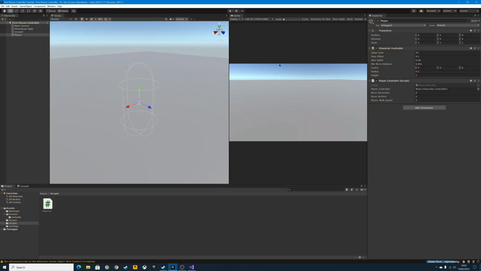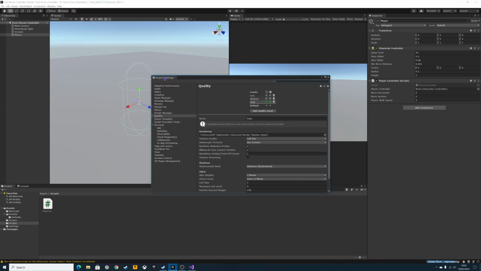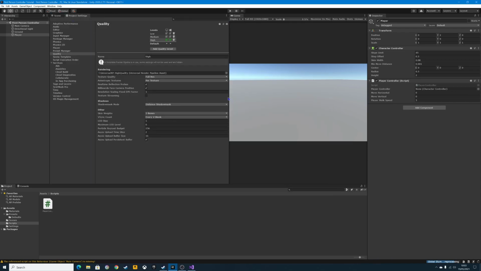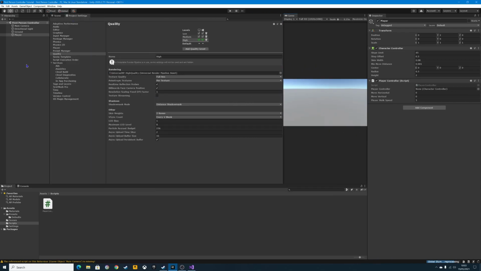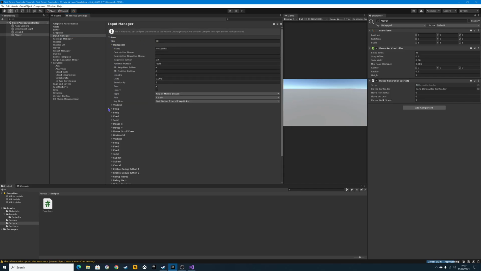Now let me just show you where the move horizontal and move vertical come into play. So if I go up to Edit and click on Project Settings, and let's just put this window up here a minute so you can all see. Make it a little bit bigger. And if we go up to Input Manager and click on the little Axes down arrow, we've got 30 different things, and the top 2 are horizontal and vertical,